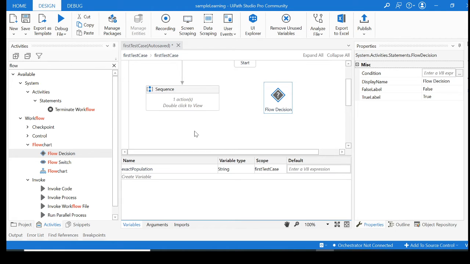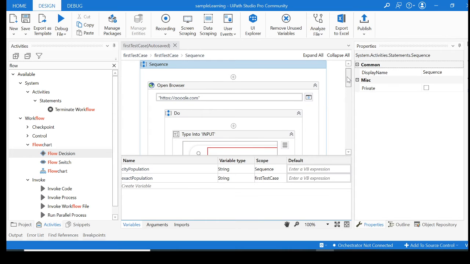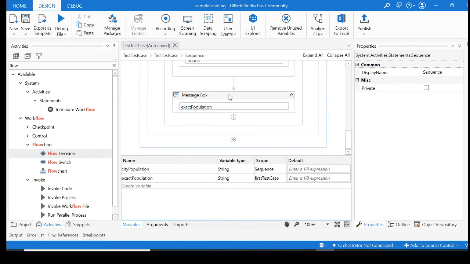So if you noticed, in sequence, when I was storing the value in the exact population variable, I have increased the scope to first test case. Why have I done that? If I had kept the scope in sequence, it wouldn't be able to give us the value outside the scope, right?